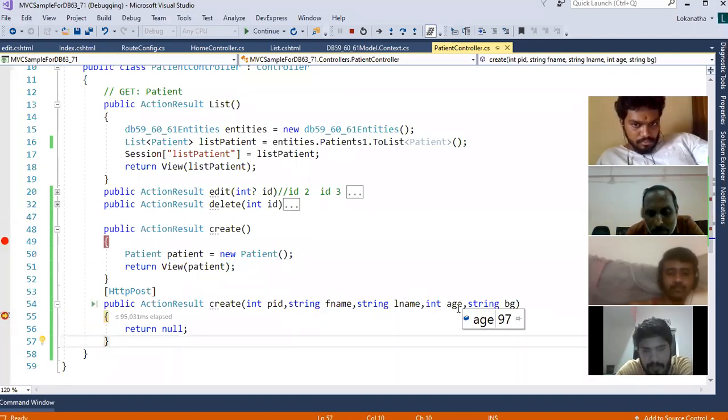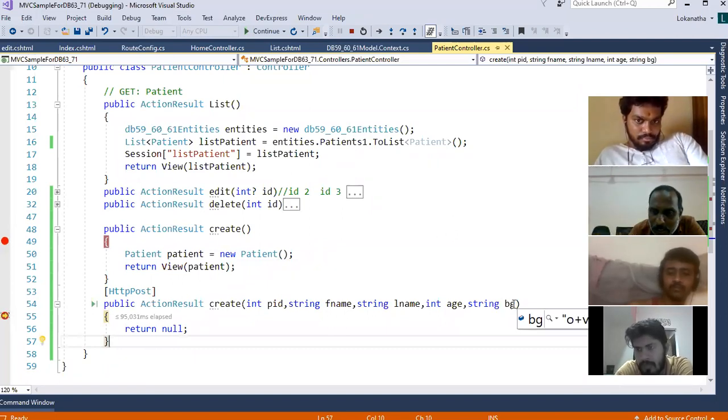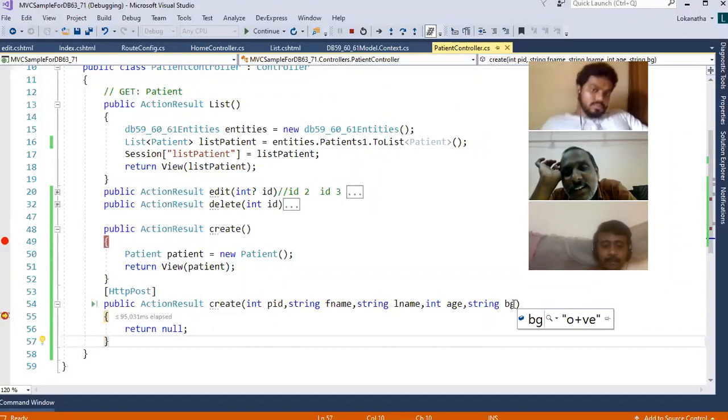Here in MVC, you will not write textbox id.text. You will just create the controls with the same name as the model property names, then you will automatically get the data. Now tell me, what will you do with this data? Don't tell me you will not do anything. You will be doing something with this data. Tell me, what will you do? We will store this data in a list, sir.